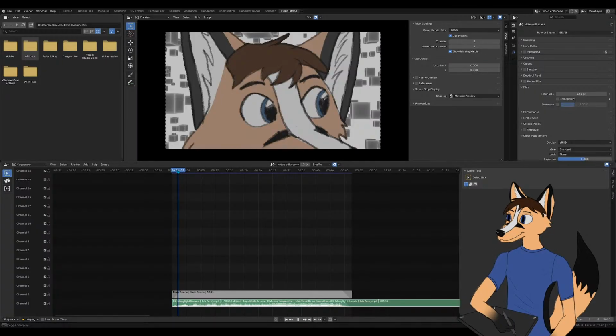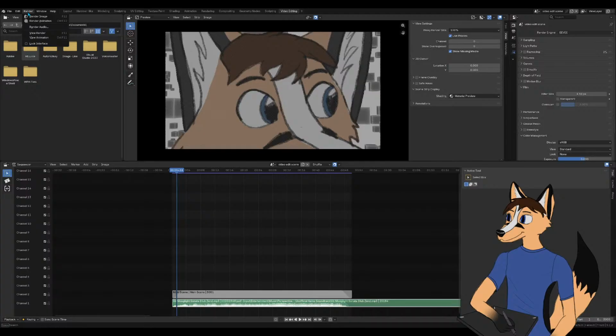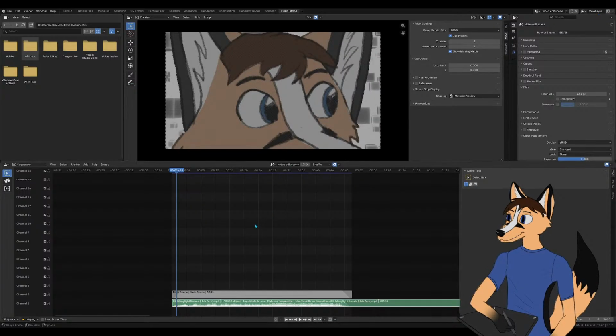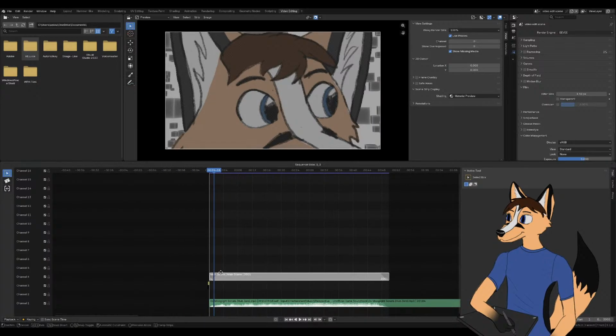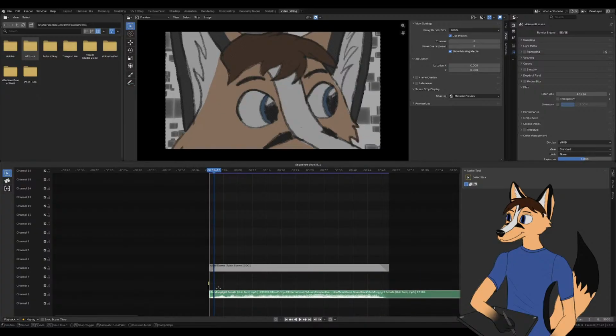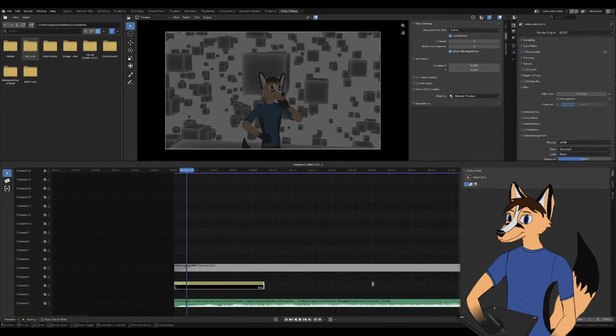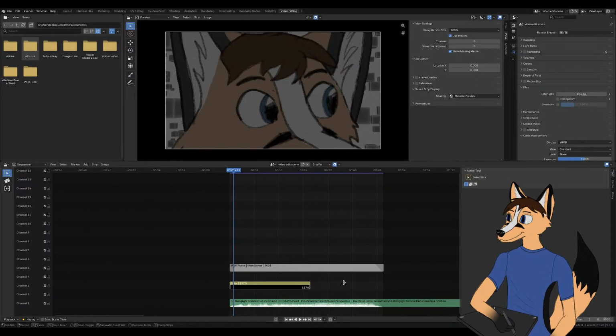I'll actually just go to a frame where it's like partially faded out and check that. Okay, yeah, it is compositing partially transparent, and I do not want that, so I'm going to add a color strip underneath these. Let's move this up, move this down to the bottom. It's the audio, so move this over here and stretch it out to here.